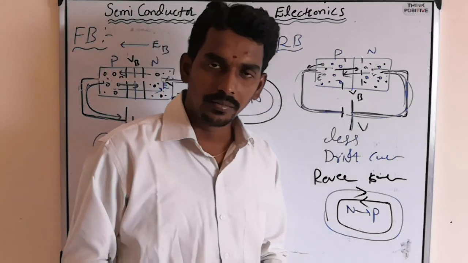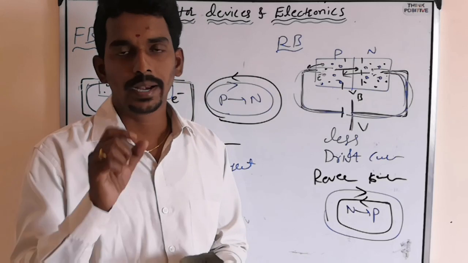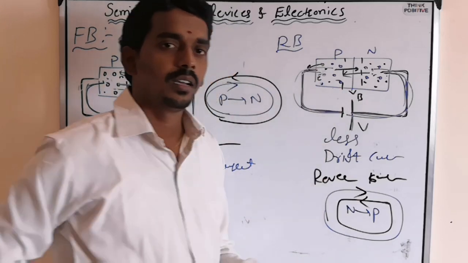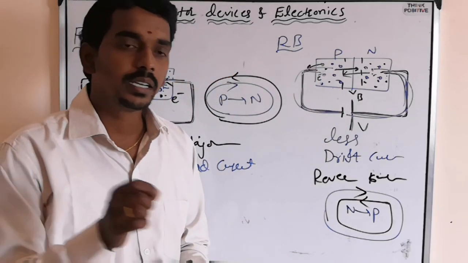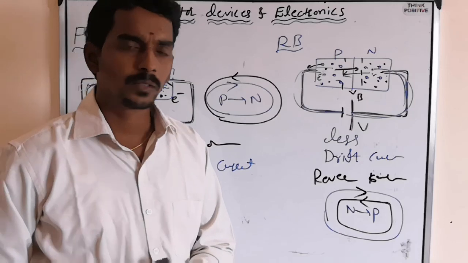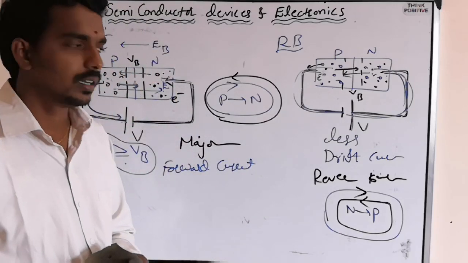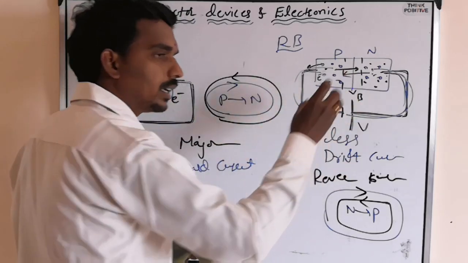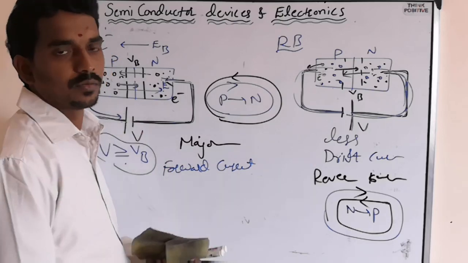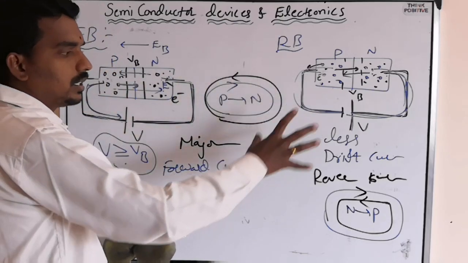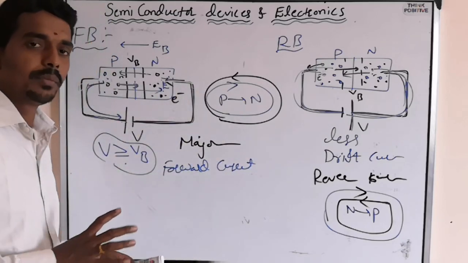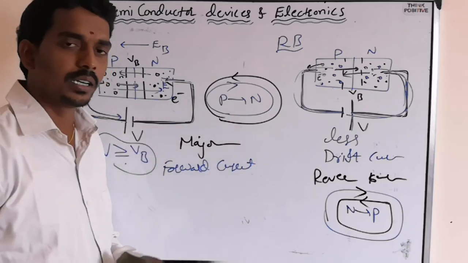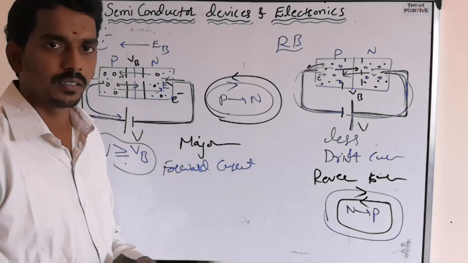Like for fridge, TV, for everything we use a stabilizer to maintain a constant voltage. That was achieved by this junction diode in reverse bias. So they didn't leave anything. Don't say that this is useless. Even though it has less current, they made a device with that. So this is how we can connect the PN junction diode to conduct electricity or to allow the current to pass through it. Right?